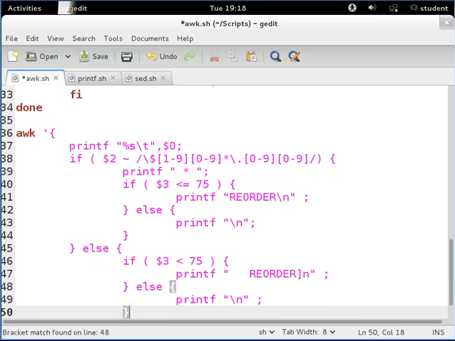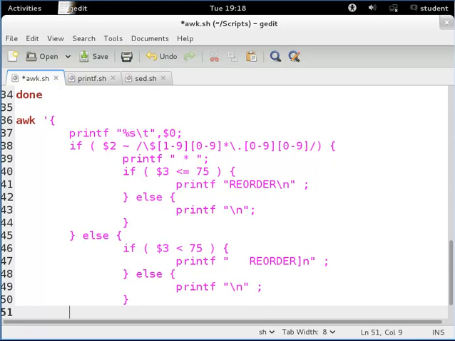Alright. Close it, close it. In this case, the name of their file was fruit underscore prices dot txt, semicolon. All right,